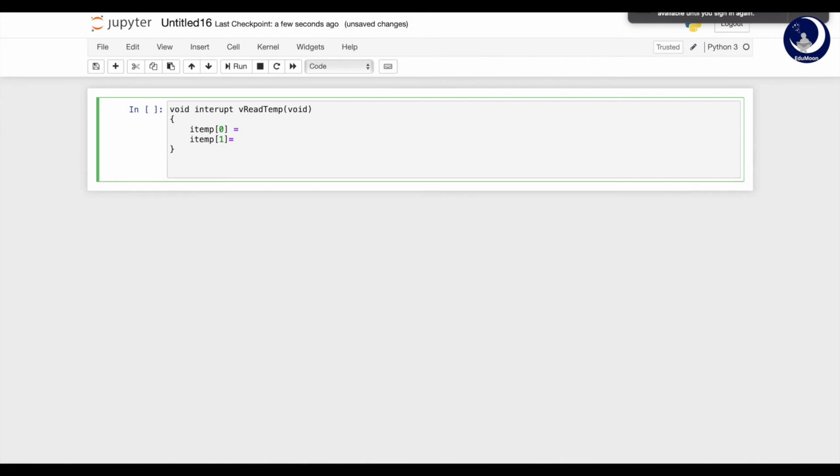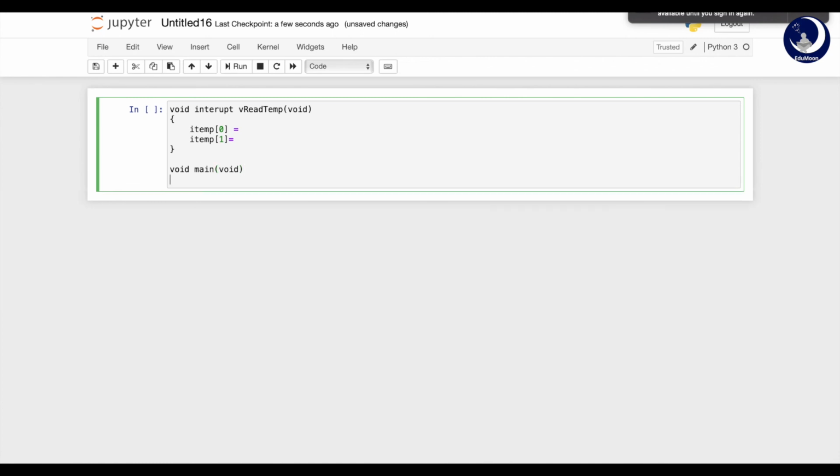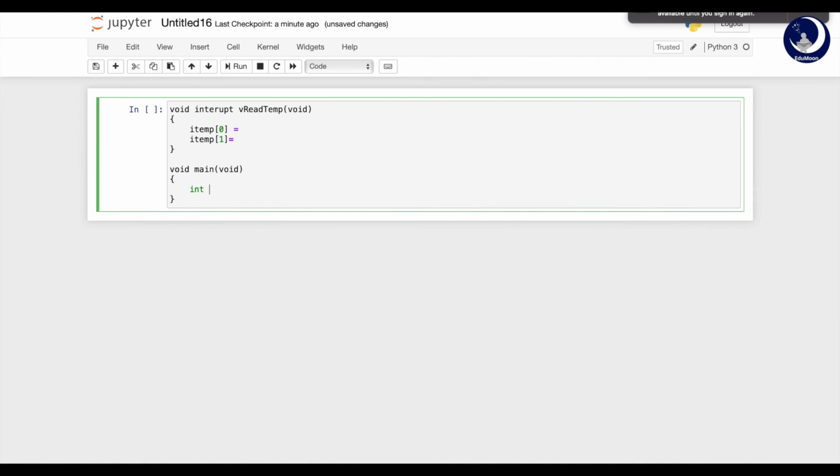Now I'm writing my main function, void main, and I'm declaring my variables, int I temp 0, I temp 1, and now I'm putting all this in an infinite loop.